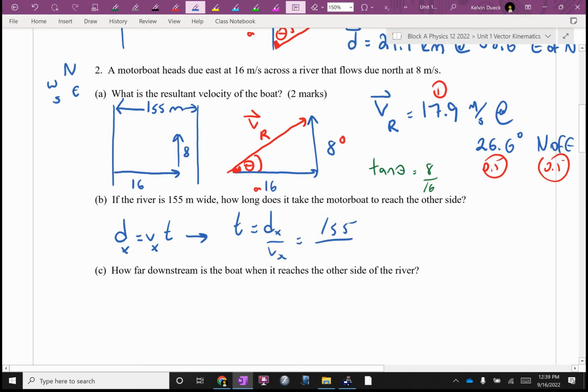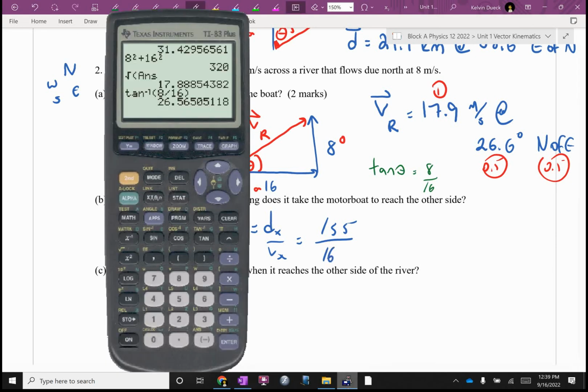Nick, which velocity is horizontal? Which velocity is Vx? Look at the picture. You got it. So look at the dot. There's only one that's horizontal in the same direction as the distance. Look up. Here's my picture. Okay, that should be... Oh yeah, got it, right? How about put the divided by in there? 9.69